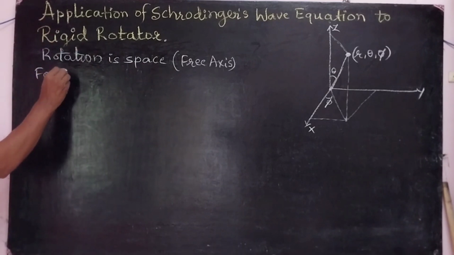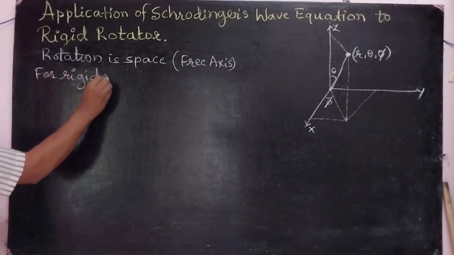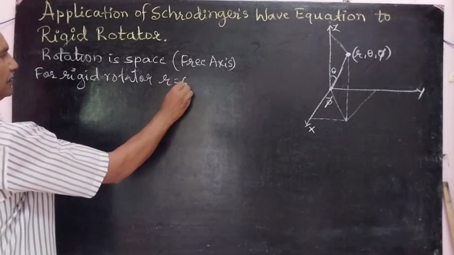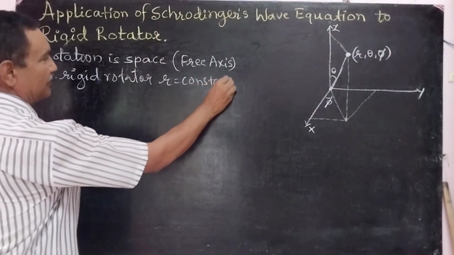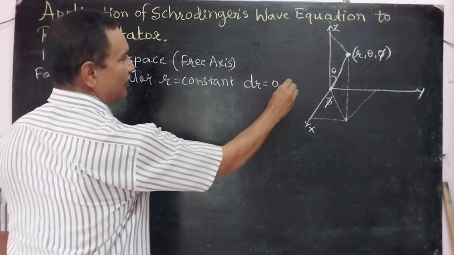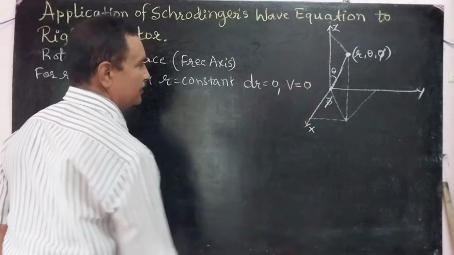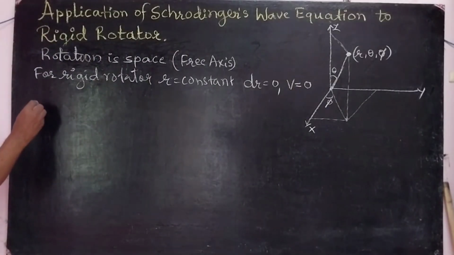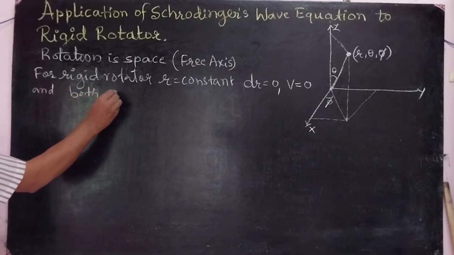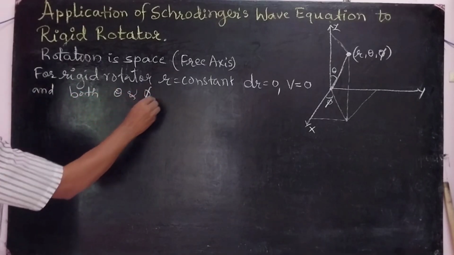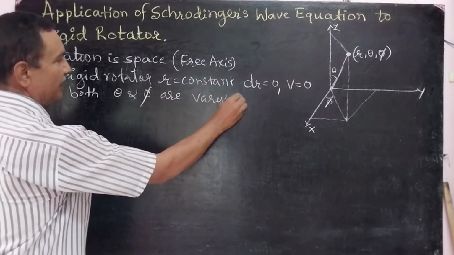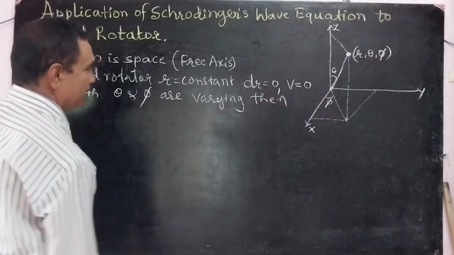For a rigid rotator, r equal to constant, then dr equal to 0 and V equal to 0, and both theta and phi are varying. Then equation 9 becomes